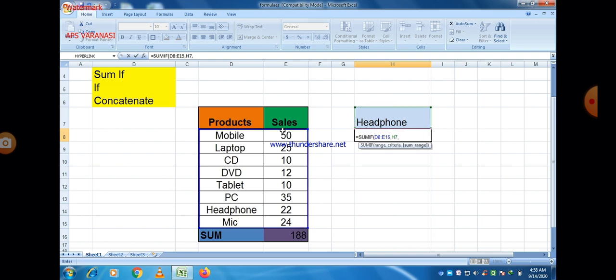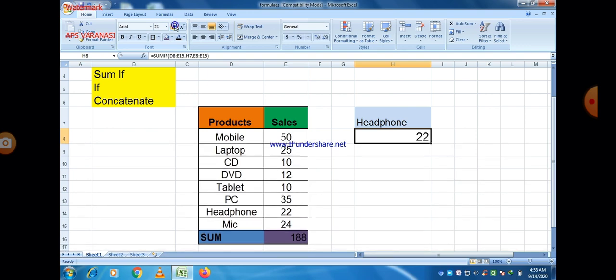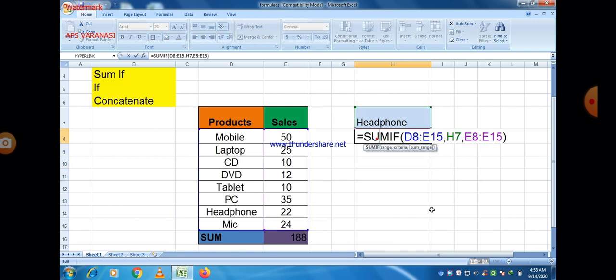So I basically prefer to make the sum range the sells. So sells is there. Now close the bracket. Now you can easily see that 22 is here. Why is 22 here? Because the sum of sells of headphone is 22. Okay, now you can easily see the formula.